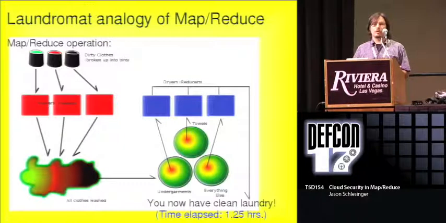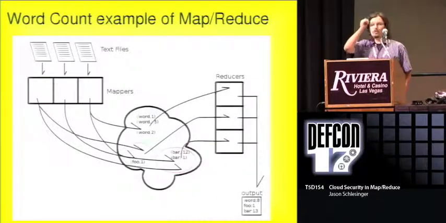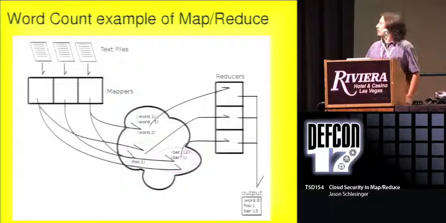MapReduce is like going to a laundromat, and you distribute out all your work across a bunch of washers. And then that's going to take as long as the longest wash load. Then you have to break your data back up into the different types of materials, and then those go out to the dryers, which are analogous to reducers. Now, this is just an example of how the speed up works, but as you can see, it definitely gives you a speed up.